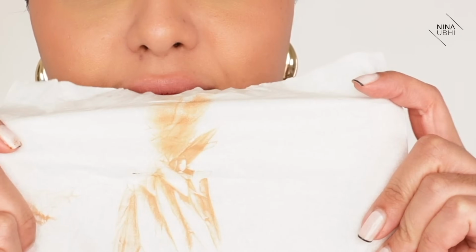I mean, look at all that. Crazy, right? So you can obviously do it from scratch, but I'm talking about when you don't have time and you just want a few quick hacks to basically freshen it up. First hack was that, remove all the excess, which is part of another hack, which is to buff in a